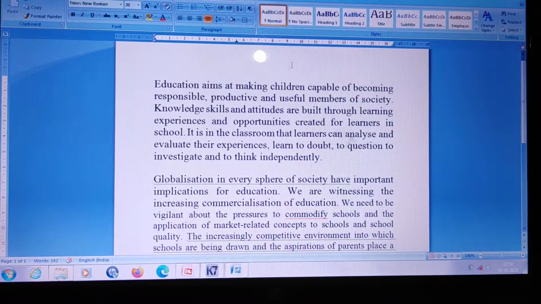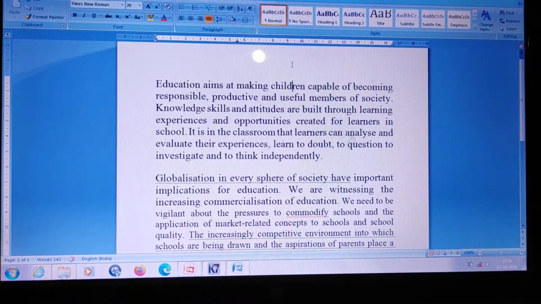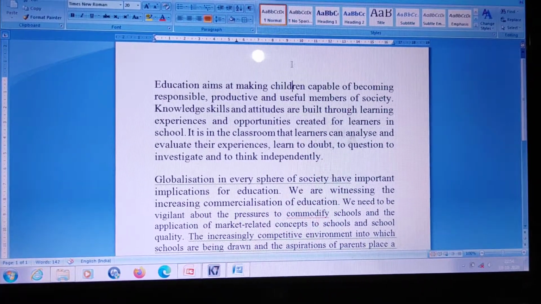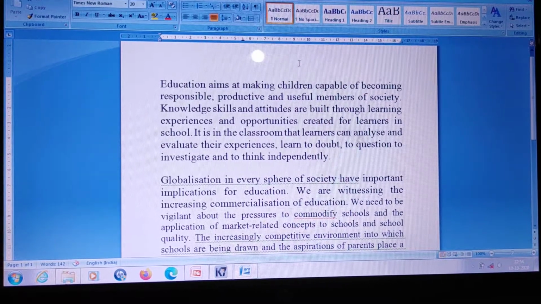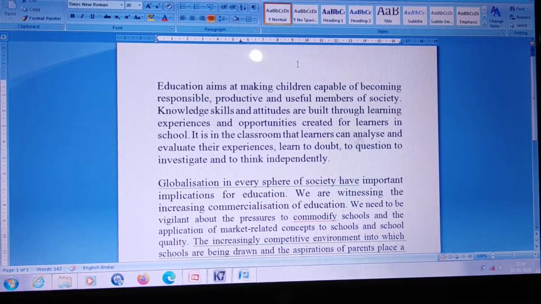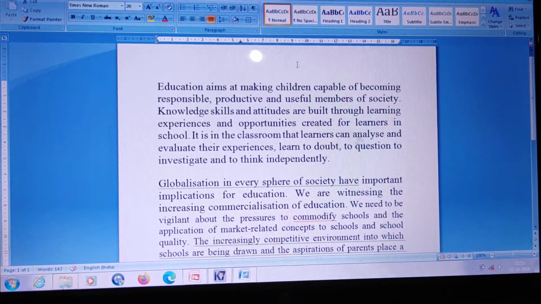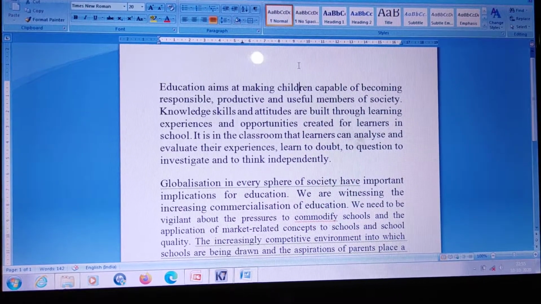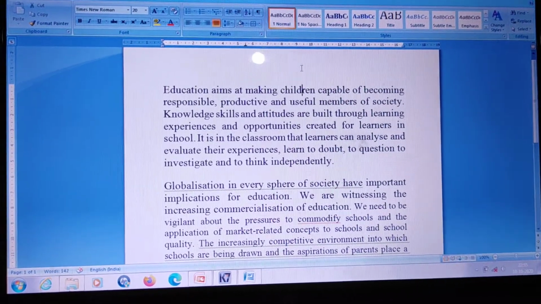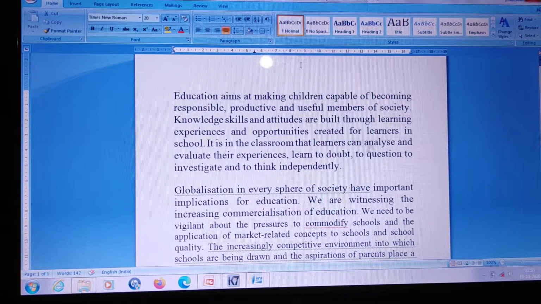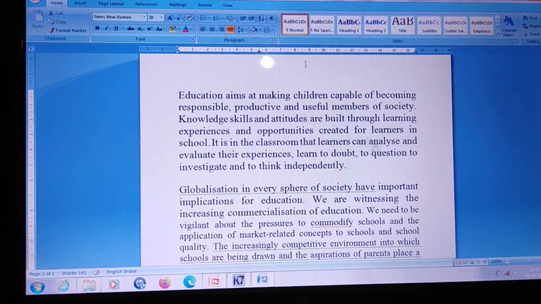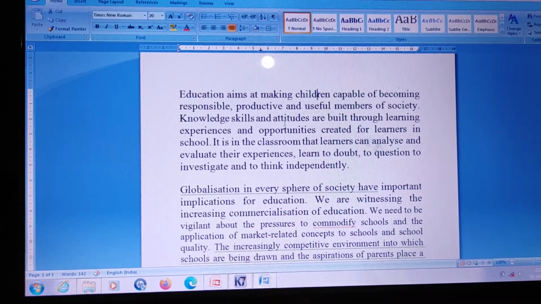Now next is adding a border. So you can add a border to the text in your document to draw attention towards important information. For example, you can add a border to a paragraph to bring attention to the text. So now the simple steps are: click anywhere in the text or select the text to which you want to add border. So I want to select this first paragraph.